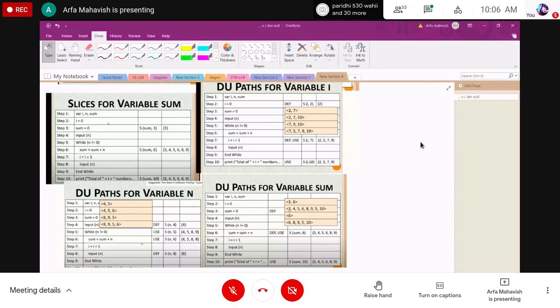We check three things: define, use and kill. In this anomaly what we are doing is checking the errors to cover your overall program. So we are checking three steps in this program: define, kill and use. These three steps we use in the anomaly.